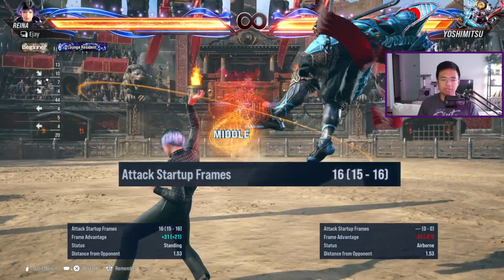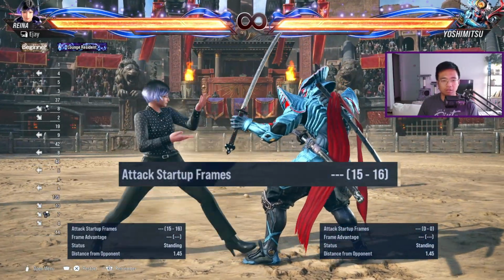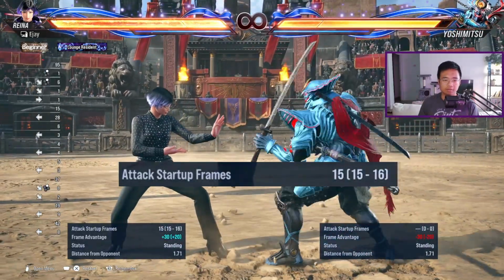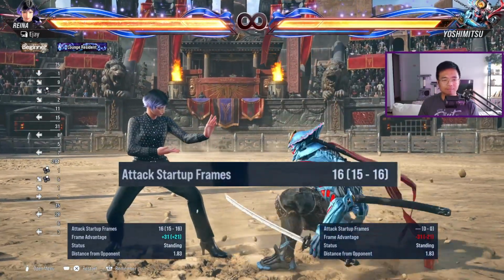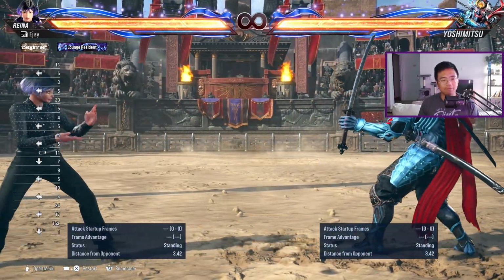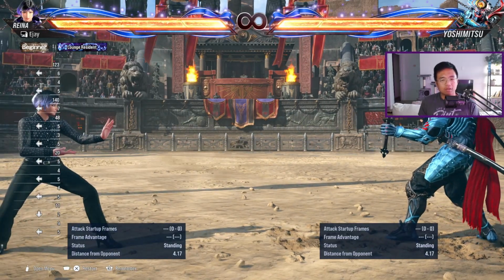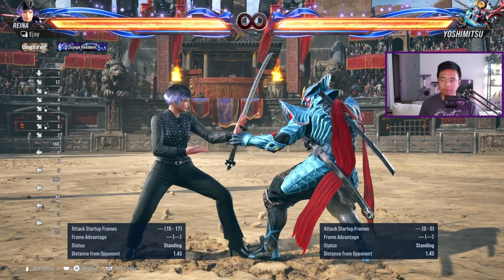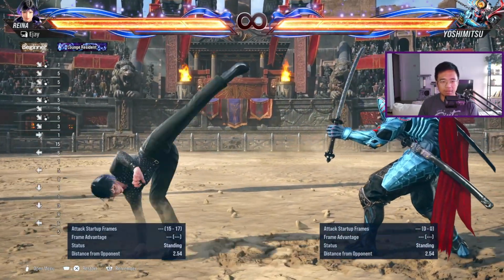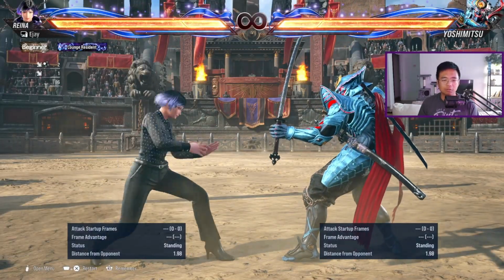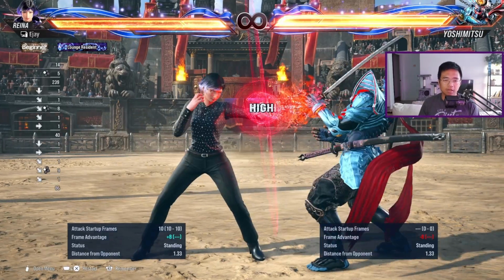But if I put a little distance, you can see that it's 16 frames. And that's because she does have to travel a little bit to hit him. And the 16 frames is very specific. It's probably like the max distance for her down forward 2. Some moves have a little bit more travel time. For example, Reina's crouch dash 3 has a little bit more variability in it. It has 15 to 17. That's because there's a little bit more travel time there. But in general, like I said, most moves have about the same or maybe a 1 frame distance depending on